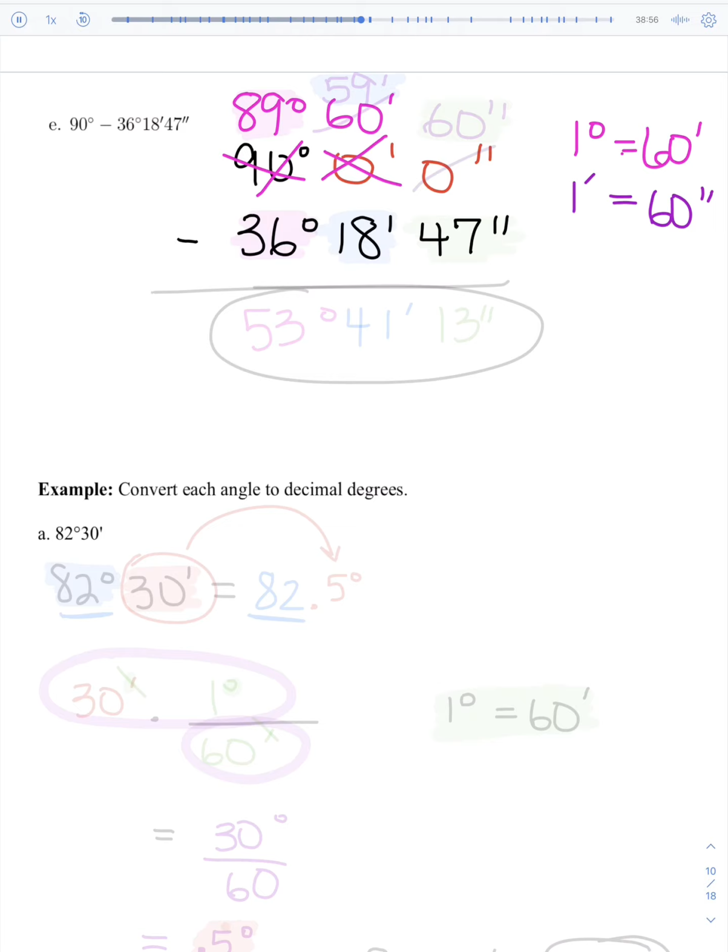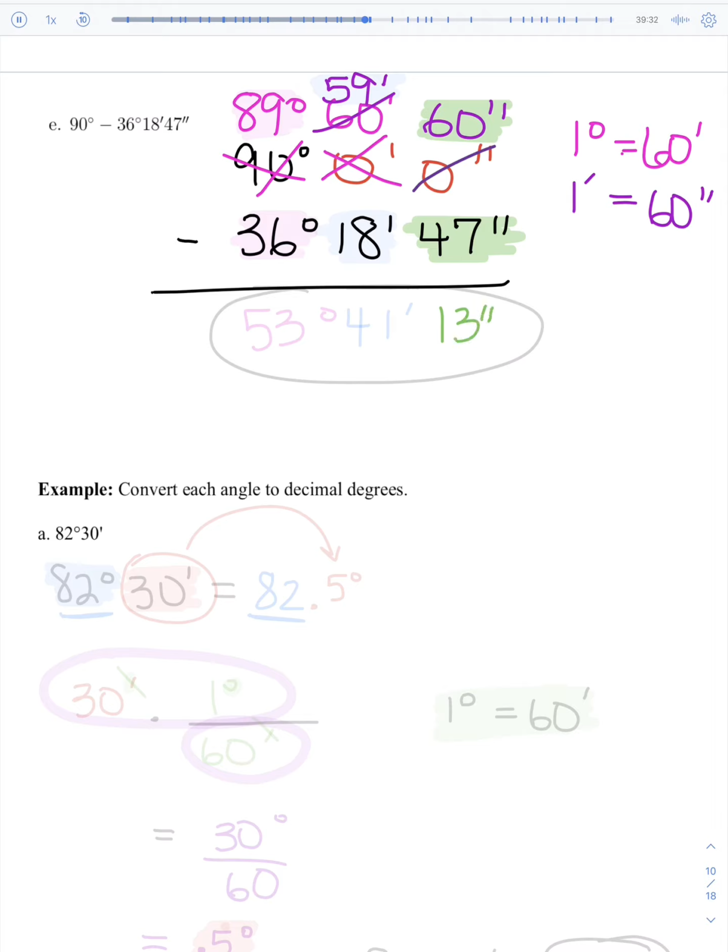So I'm going to knock down this 60 minutes down to 59. I'm just going to borrow 1, and that will give me another 60 seconds that I can tack on, and then I have big enough numbers that I can actually subtract. So now I have my 60 seconds that I took off. Remember that I borrowed, so that's gone. So I've got my 60 seconds minus my 47 seconds, which will give me a total of